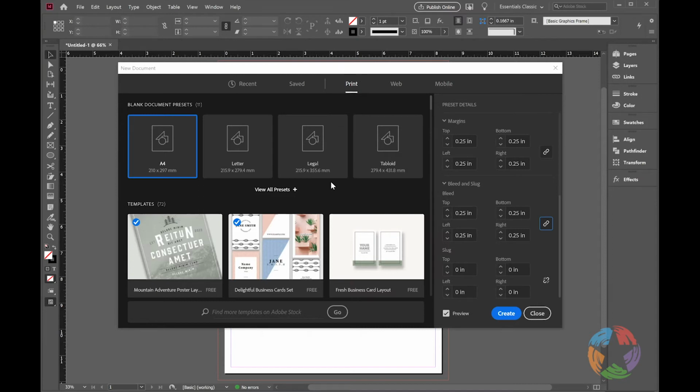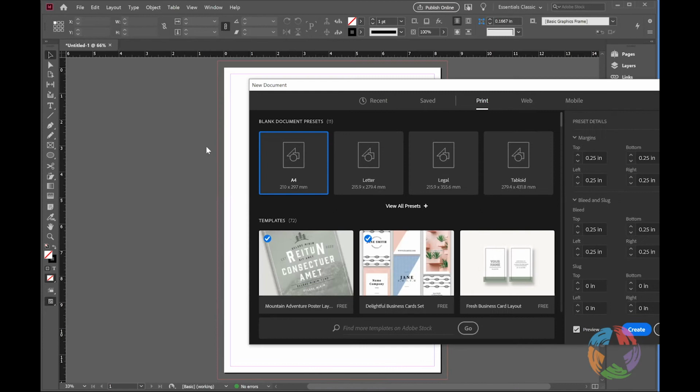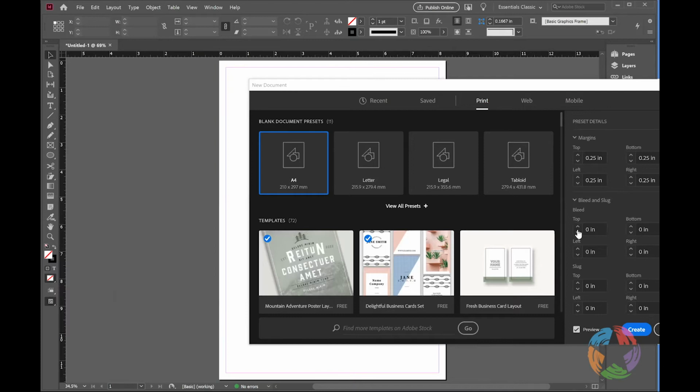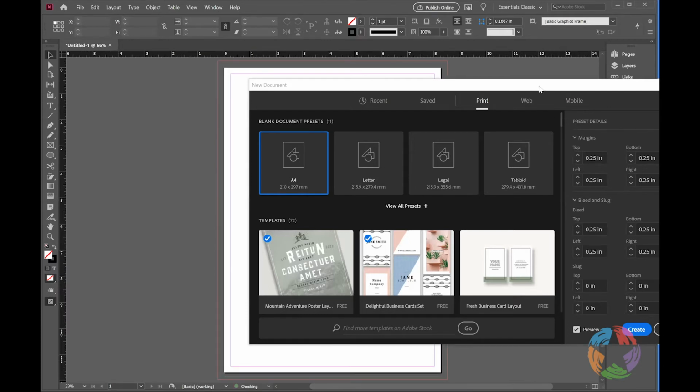Okay. So yes, 0 indicates no bleed. So I'm going to move this over. See that red line there? That red line that extends past the page is the bleed that we have created. Now, if we decrease that, there's no bleed. It goes back to just the regular page size. So we increase that. And now in terms of color,